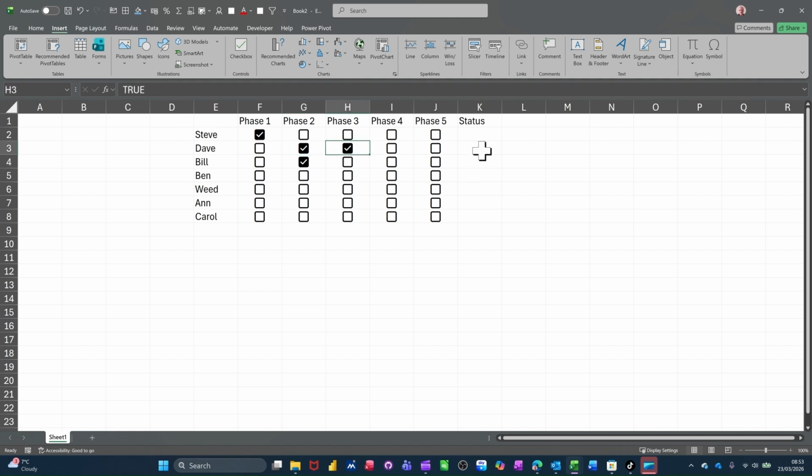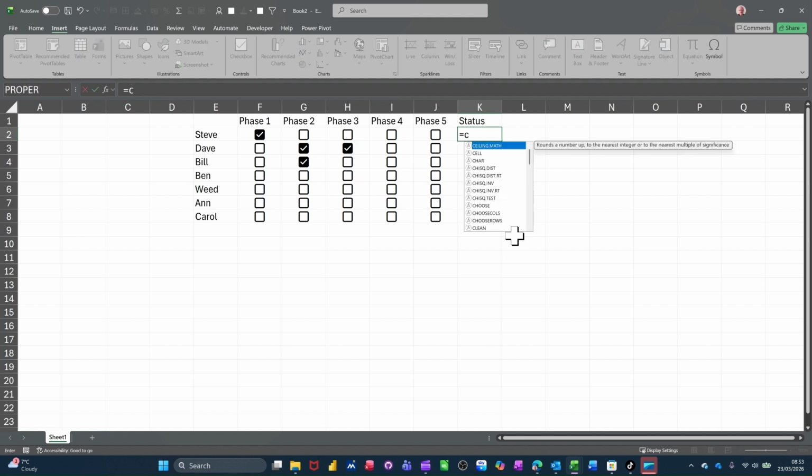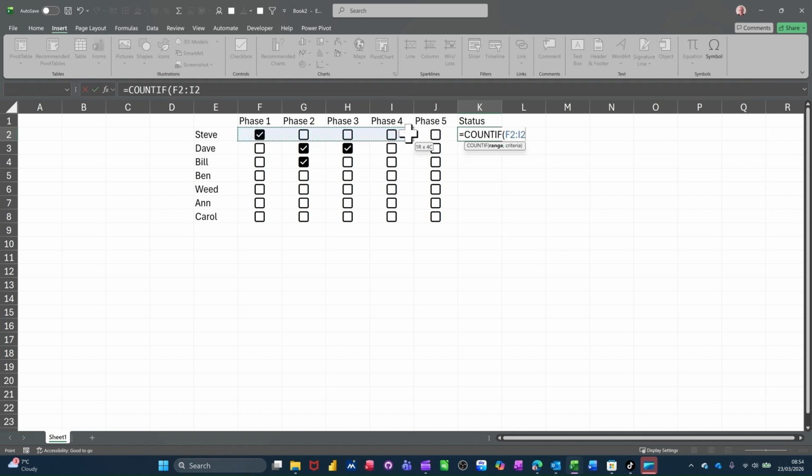And now in this column I want to do the COUNTIF function, which is going to count how many times it says true along each of those lines. So it's equals COUNTIF, you highlight the line, comma, and then the word true. You don't need to put true in quotes like you do with normal text because it's true or false, it's a boolean. I'll just close that bracket, click the tick, and that scores that one. Now I can just bring that down. Oops, just tick that again,